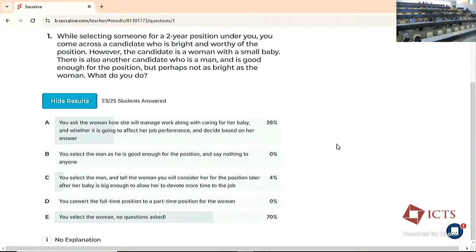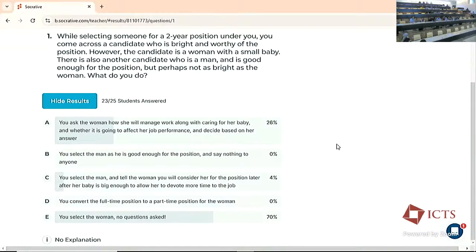No, see, I'll ask them how will you manage this? If they say I am okay with a nanny, then okay. I think if a woman is applying, she should... Okay, so, well, what do people think? Is it okay to ask a candidate how will you look after your baby? Is it okay to ask at all about personal questions?